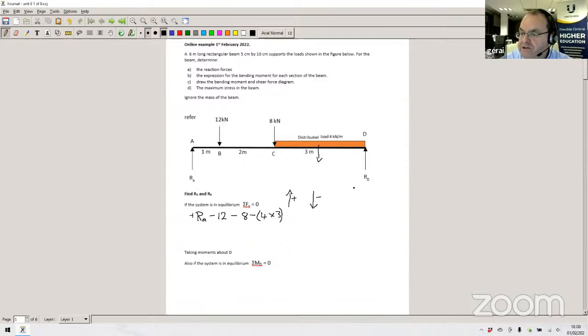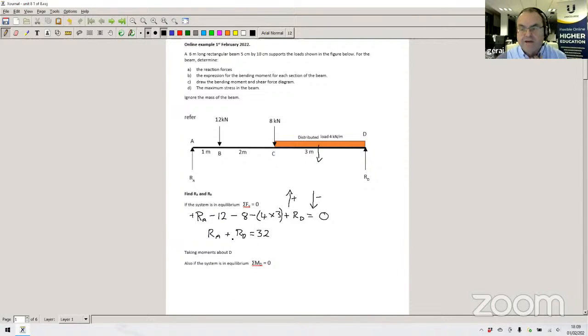But also we've got a reaction at D, and that's acting upwards. So we're going to add to that reaction at D. And for equilibrium, all that must equal 0. Now that's a relatively straightforward sum, so I'm not going to go through the maths. So we'll have RA plus RD. Sorry, RD, that's a D. Let me rub that out and write it again. RD,